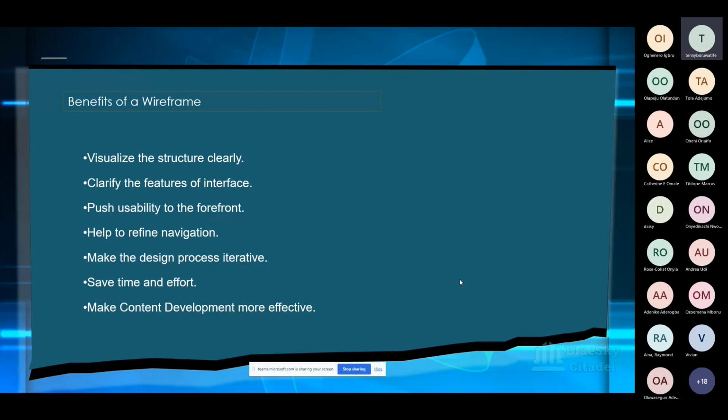I'll create it that way so she can have a visual representation of how it would look, and then she can say, oh, I like it, or